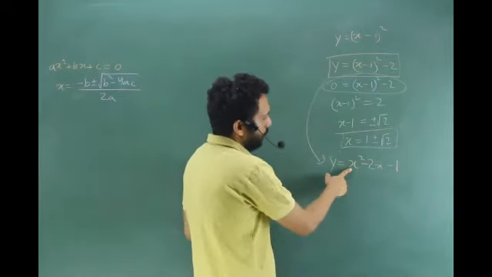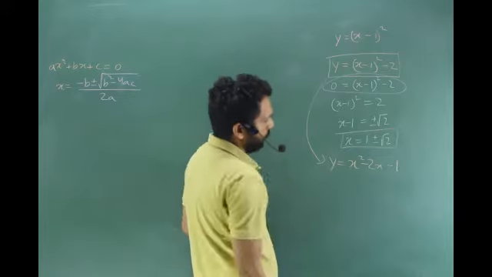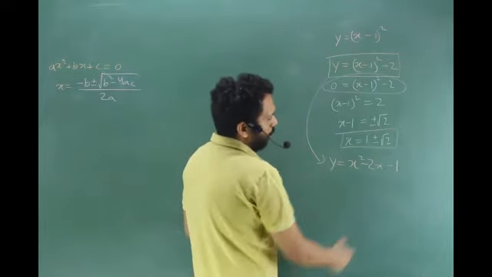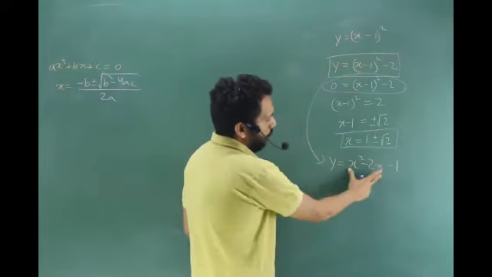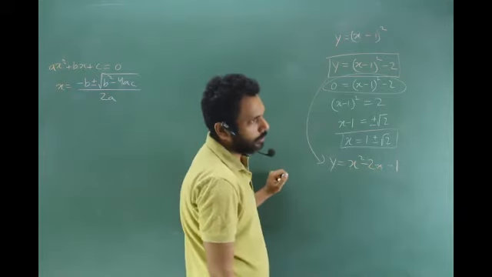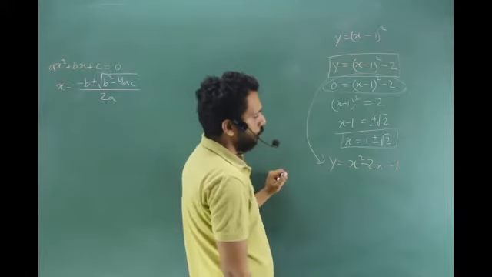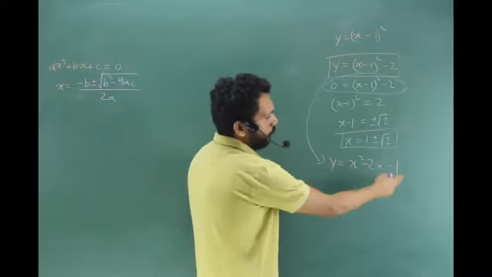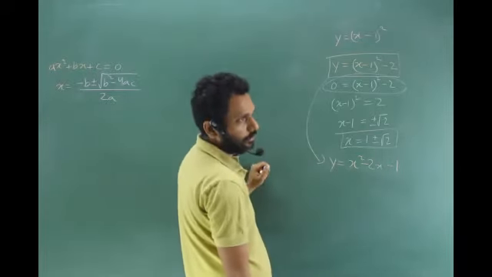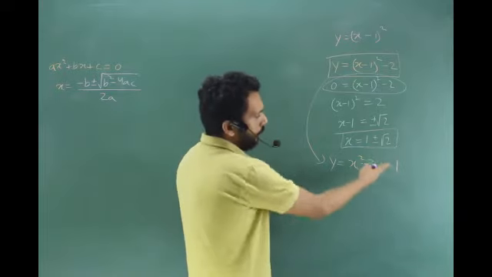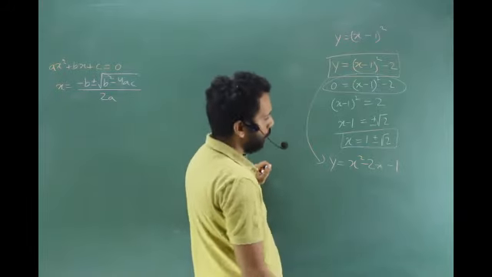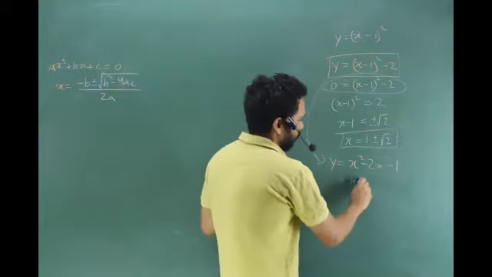You will say that x square minus 2x, had it been plus 1, was a whole square, right? x minus 1 whole square, right? Get the point? So you would wish that there was a plus 1 over here, right? But unfortunately, there is a minus 1. So what can you do? Plus 1 minus 2, sir.